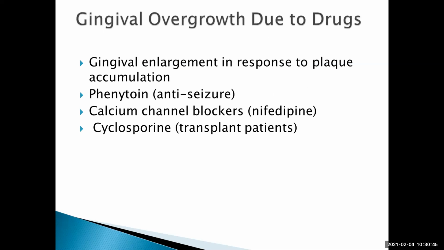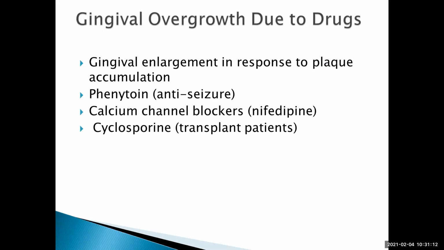With dry mouth, there's also that gingival overgrowth. This is constant in all your courses. Also, the boards always ask you about gingival overgrowth. We used to call it gingival hyperplasia, but it's now gingival overgrowth because hyperplasia refers to certain cells. You have to take a sample to see what type of cells, but it's gingival enlargement that's in response to